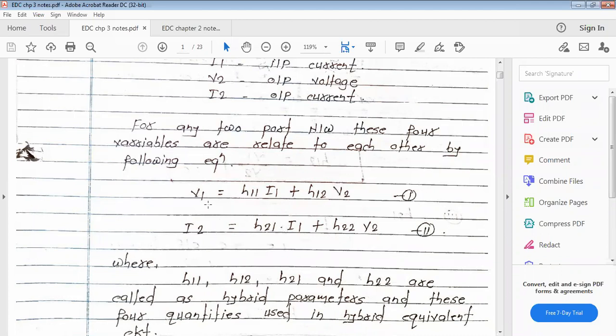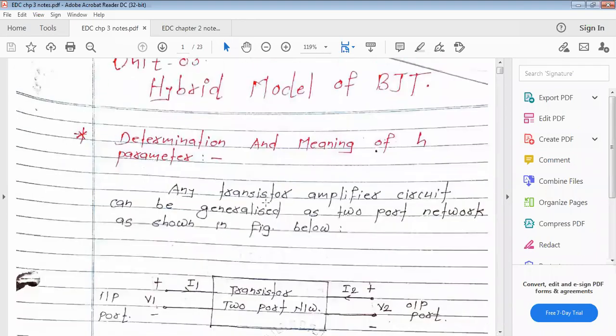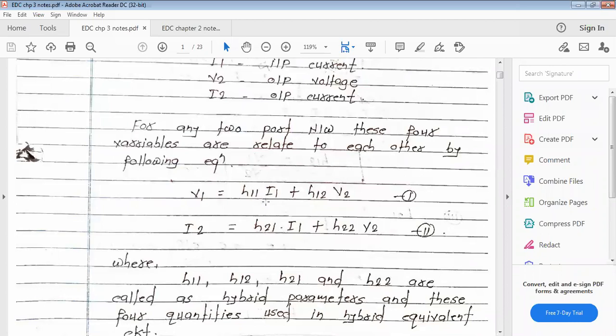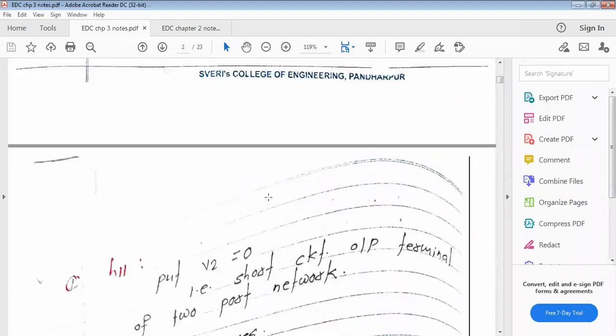Now see, V upon I is nothing but what? It is nothing but resistance. Who tells us that? Ohm tells us. But as in the transistor, we are using reactive components as well as resistive components. See, whatever diagram we have is a single stage common emitter amplifier. Is there only a resistive component? No, there is a capacitor also. So what is a capacitor? It is a reactive component. So whenever we are calculating the resistance for reactive components, instead of calling it a simple resistance, we call it an impedance.